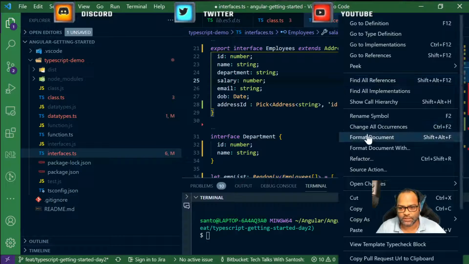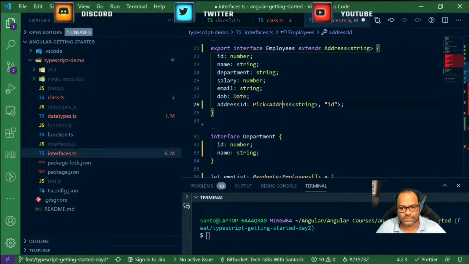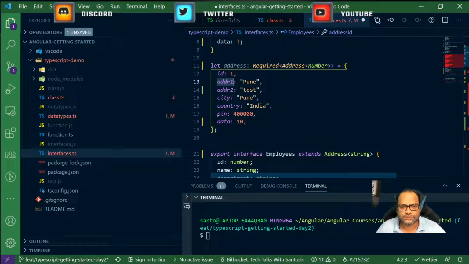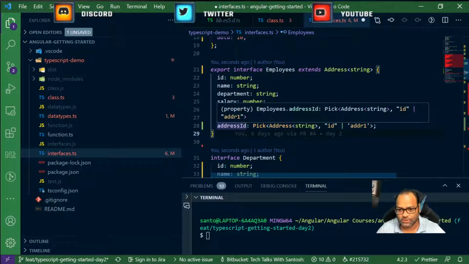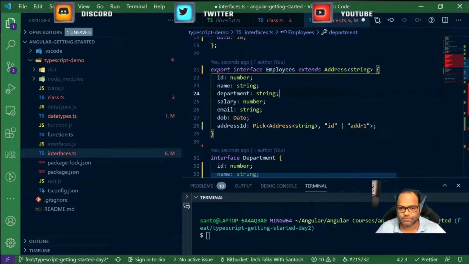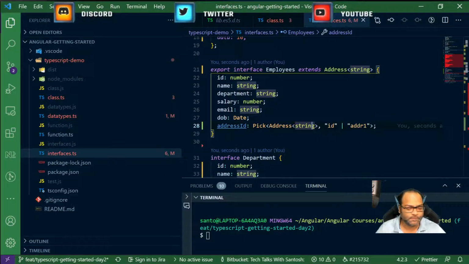So a different property by using the existing interface which we have. I can just say, okay, this is the type, this is the property which I need. You can also use union operators here, ID, or let's say address line 1. You can see it will say, okay, now my address ID can have ID or address 1, both. So this is how you can use the pick utility type.